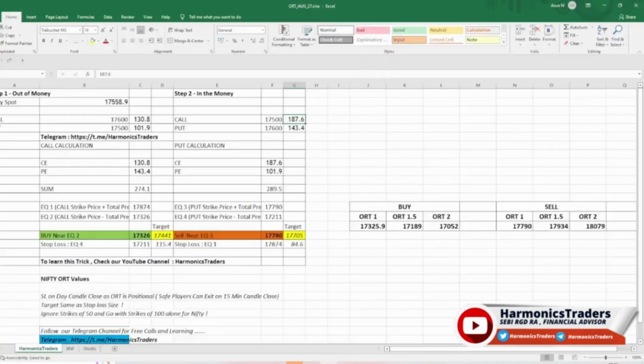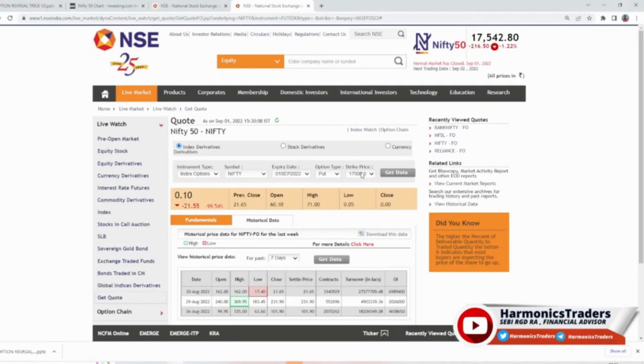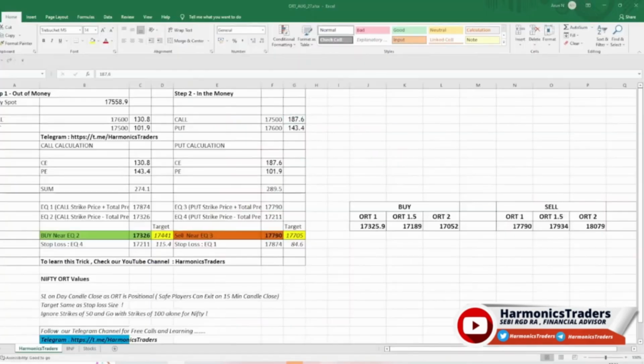Here we have 101. And the in the money PE at 17,600 is 143. Once we have these four values, 1, 2, 3, 4,